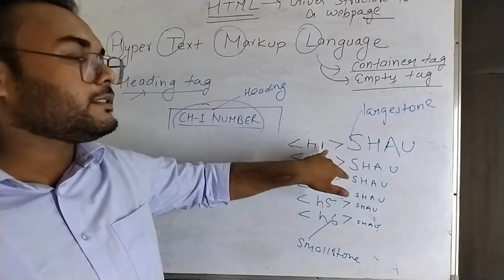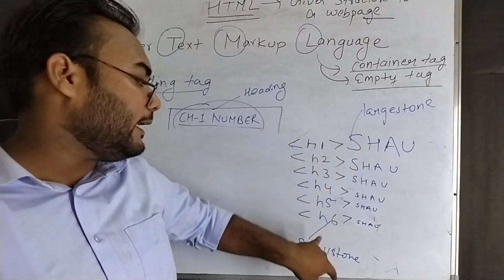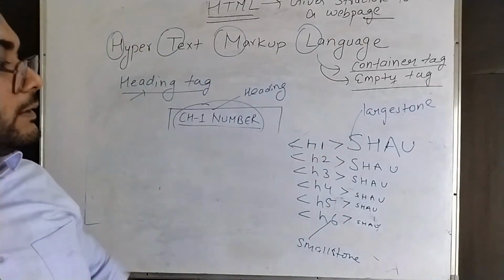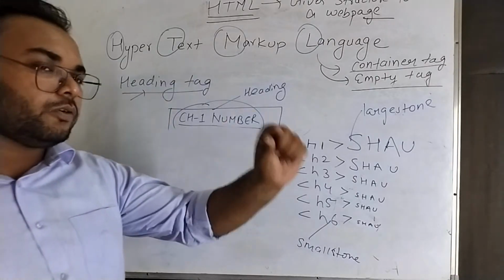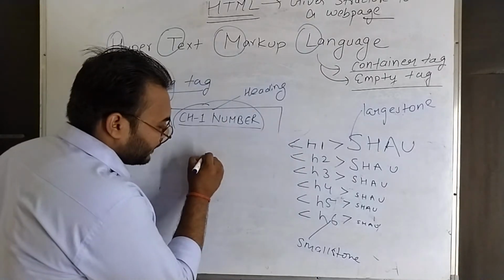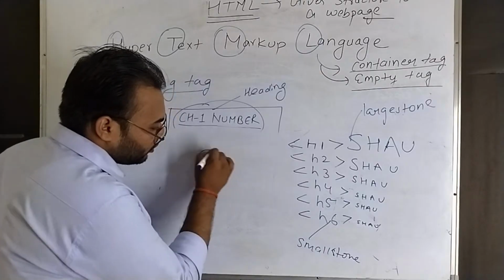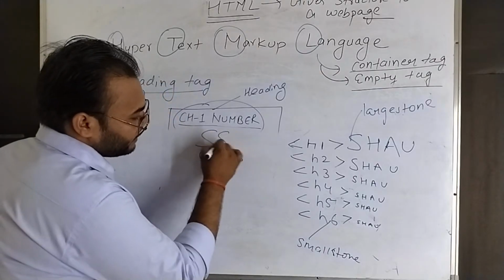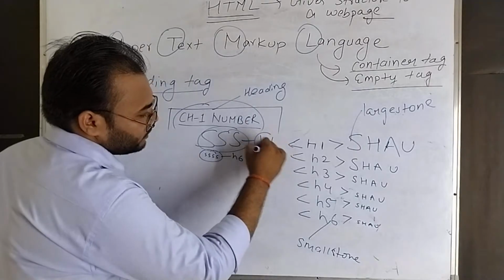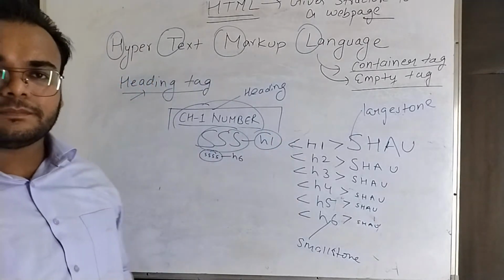So whenever you will get the question which one is the largest, H1 is the largest and H6 is the smallest one. कहां तक जाता है, H6 तक आता है, सबसे छोटे होते हैं टेक्स्ट में जो बिल्कुल छोटा होता है। So this is called H6, और सबसे बड़े वाले को क्या कहते हैं, H1 कहते हैं, ठीक है, समझ में आ गया, ओके।